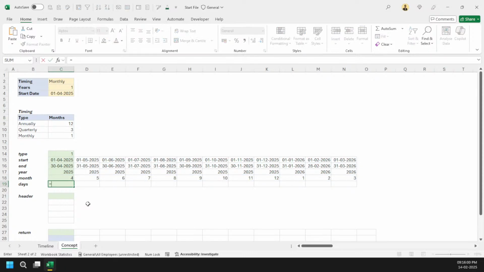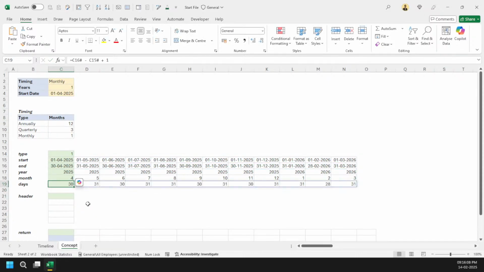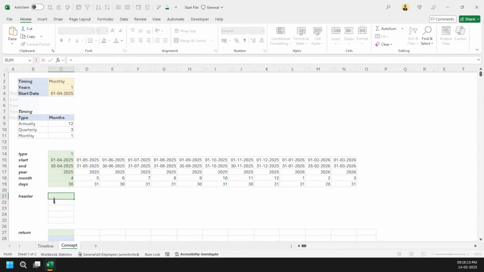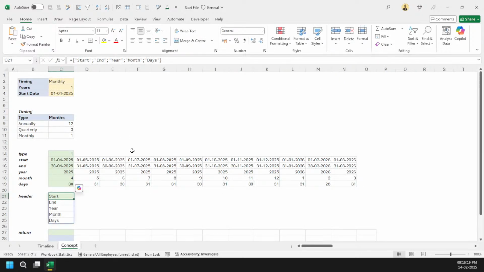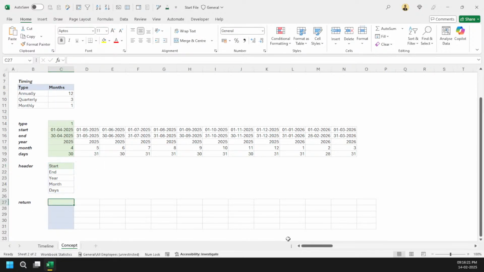And then the days here, simply plus 1, right? So it is giving me the days properly. And then the headers, we can come here and say these headers are there, and I'm going to press F9. That's it. It is working good for me. And then simply, all that's good. I can use the HSTACK for horizontally stacking the values. So that's it.